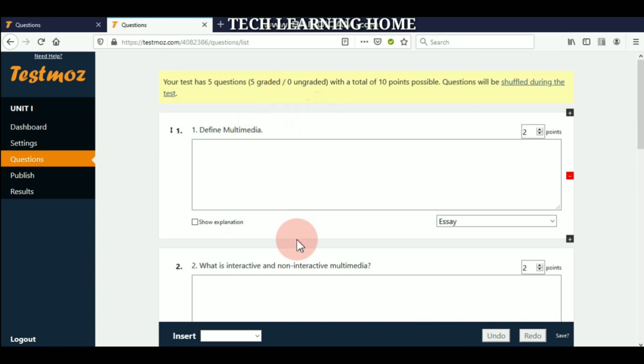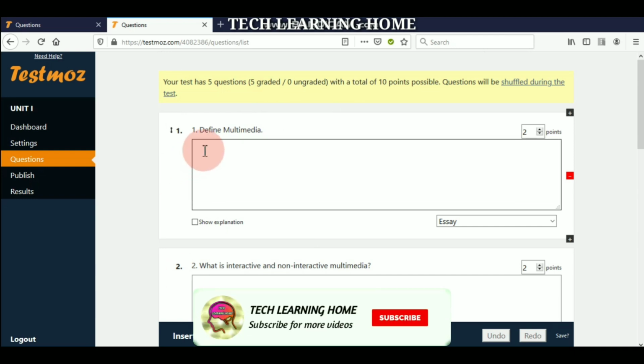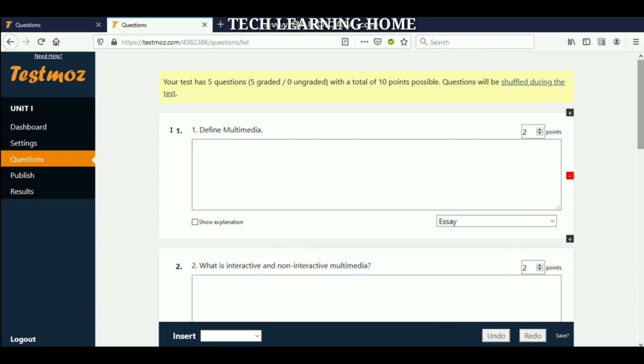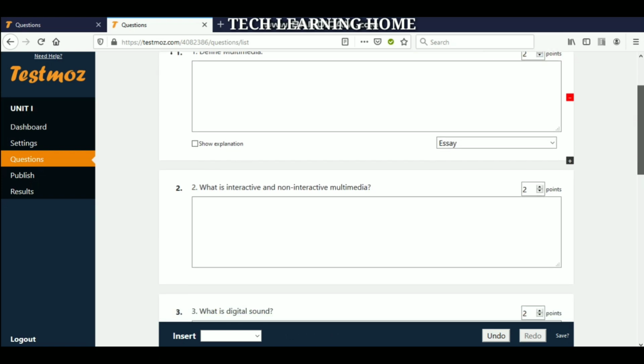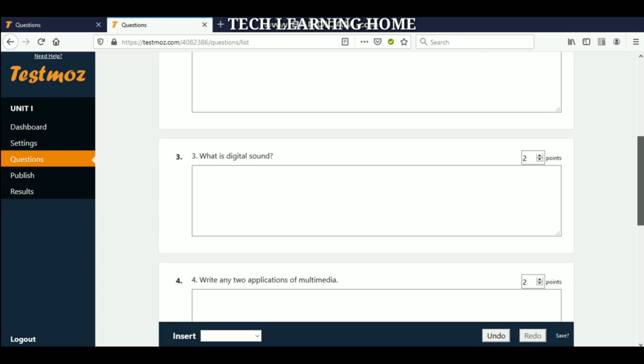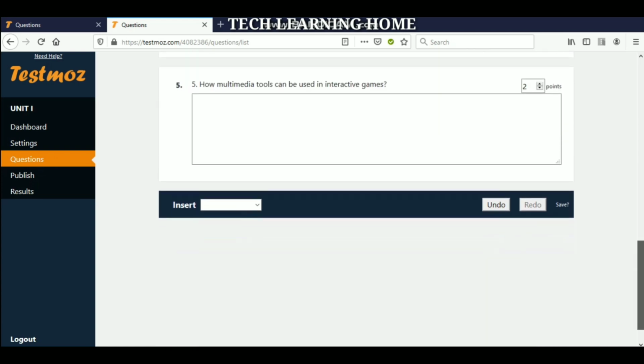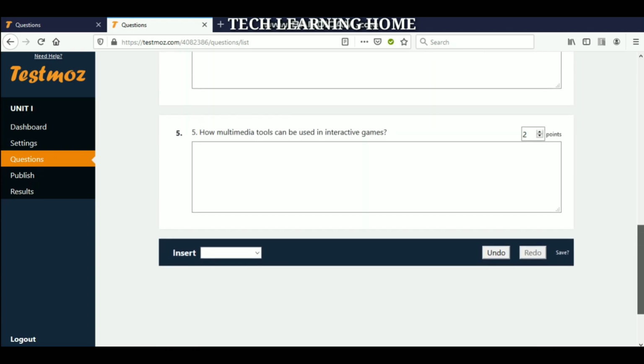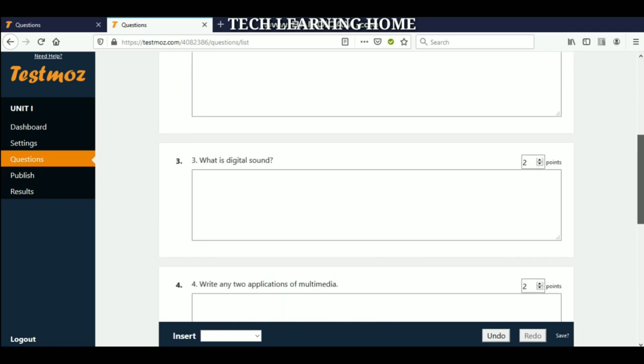In the insert box, you can type the questions by assigning the question number, which is automatically saved in the test modes. So I have assigned 5 questions along with the points. If you want to increase the points, you can use this box. I have fixed all the questions as default 2 marks, 2 points. See, here I have typed 5 questions.